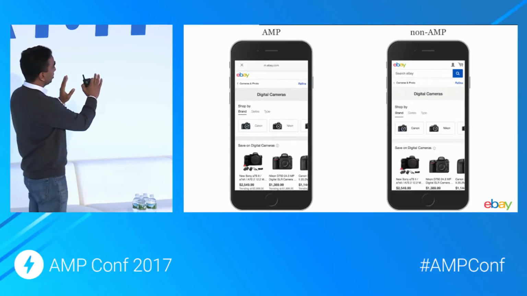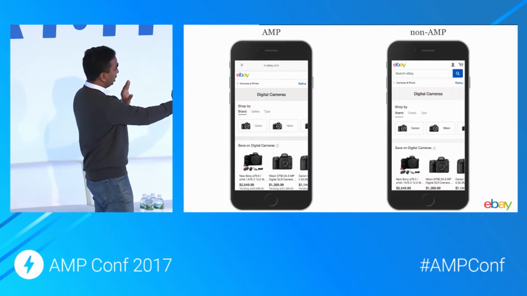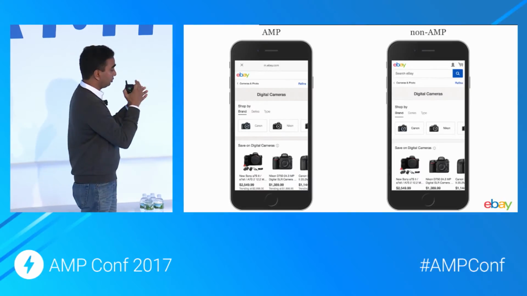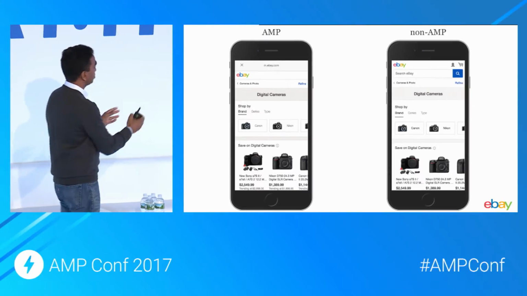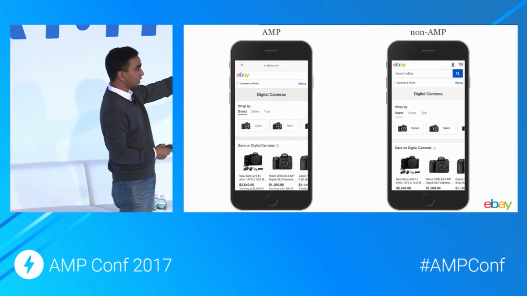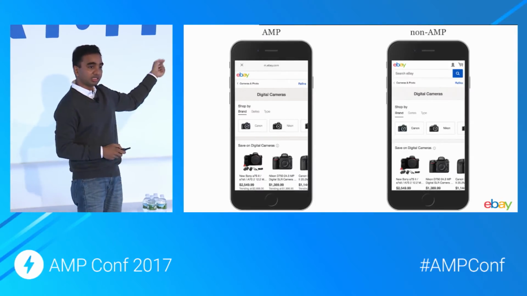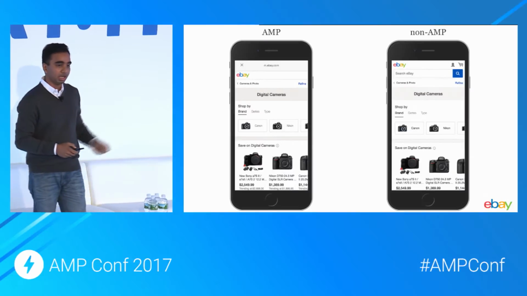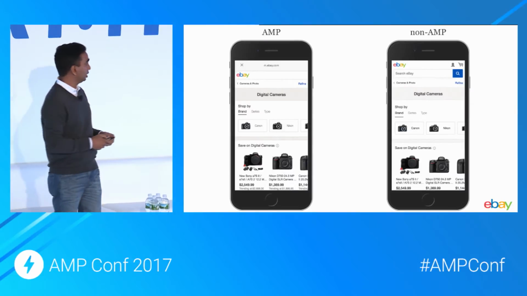As you can see, the difference between our AMP view and our non-AMP view is small. It more or less looks the same, and it also feels the same. You can interact with it, and the behavior is very similar. The only difference is that there is a text search box at the top in the non-AMP view, which is not there in the AMP view, and even that's getting added in the March release of our AMP version because that component is now available.